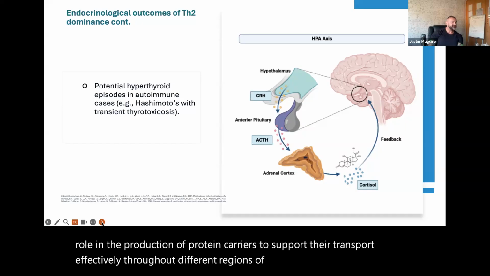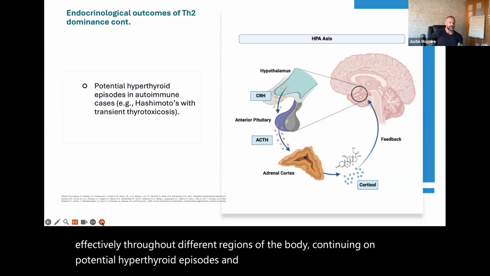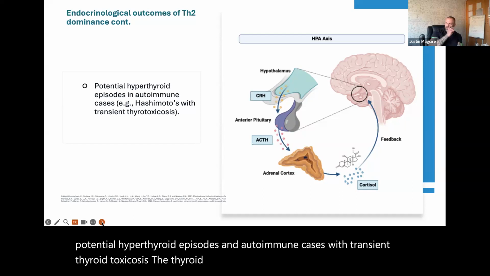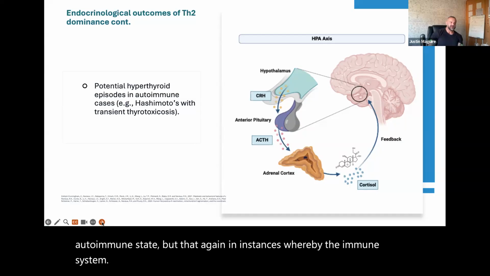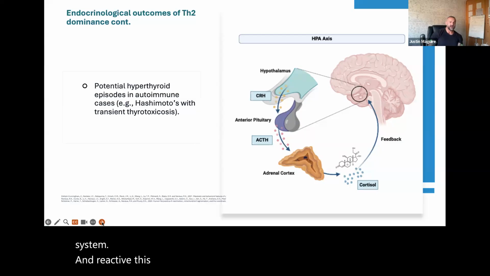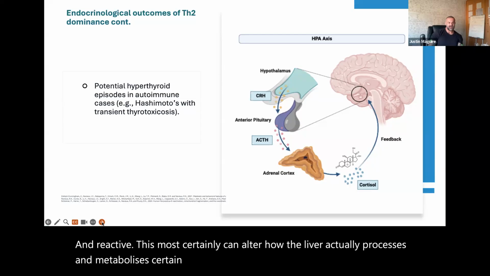Continuing on, potential hypothyroid episodes in autoimmune cases with transient thyroid toxicosis. The thyroid toxicosis is more of an impact of an autoimmune state, but again, in instances whereby the immune system becomes reactive, this certainly can alter how the liver actually processes and metabolizes certain thyroid hormone, leading to the impact